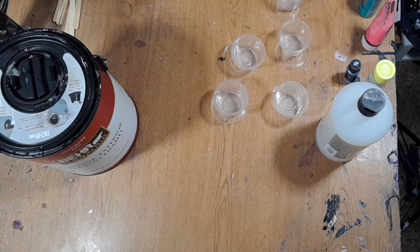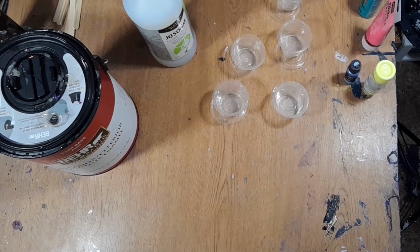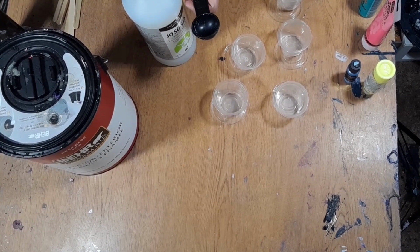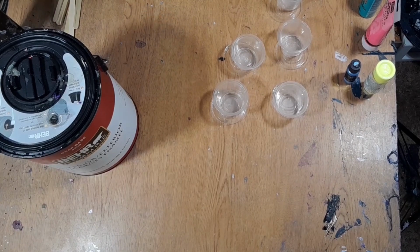So usually what I do is, this is the only one I have right now. I usually have a smaller one to use, but I'm just going to go ahead and we're going to go with, I don't measure, so I hate doing this. I'm just going to put like maybe a quarter of this in here, and this is a tablespoon. So we are just going to do like a quarter of this and go like that, and then we're going to go with